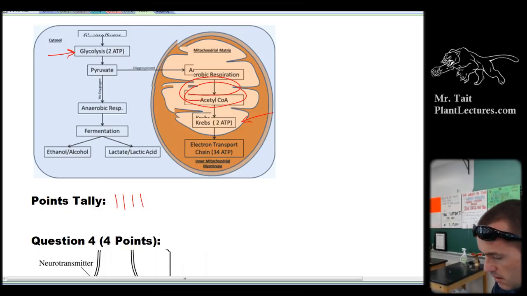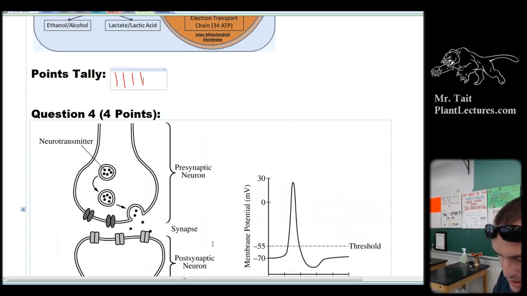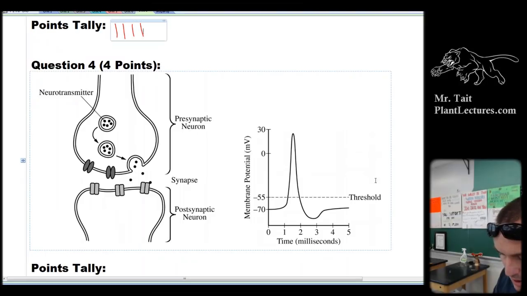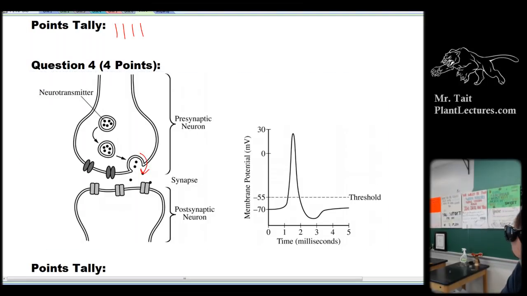All right. Let's go to number 4. Number 4, acetylcholine is a neurotransmitter that can activate an action potential in a postsynaptic neuron, figures 1 and 2. A researcher is investigating the effect of a particular neurotoxin that causes the amount of acetylcholine released from the presynaptic neurons to increase. Okay, so basically what's going to happen is this presynaptic neuron is going to release more acetylcholine into the synapse. Okay, that's going to bind to these receptors,